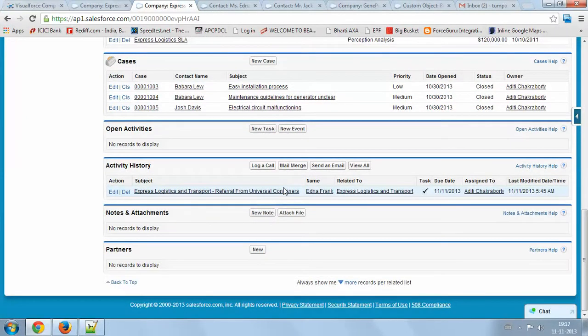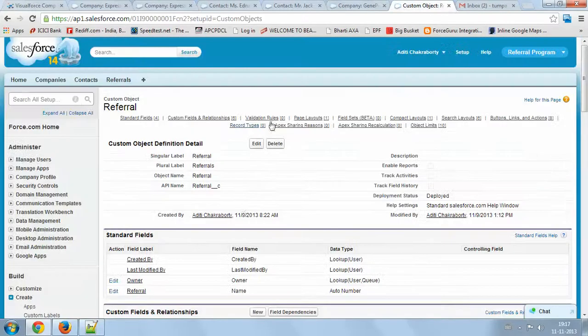I have created one custom object to store the referral details and created a report to get a view on the referrals.